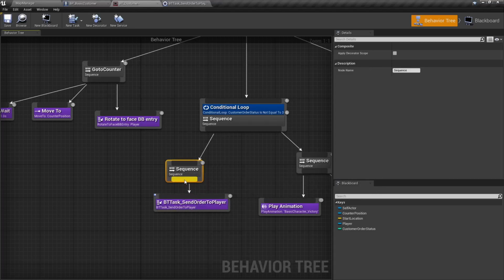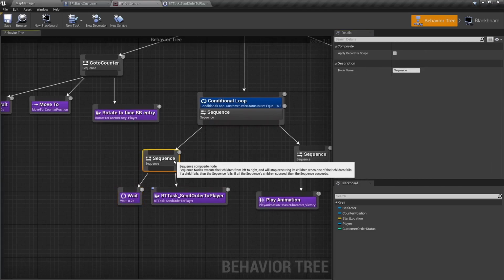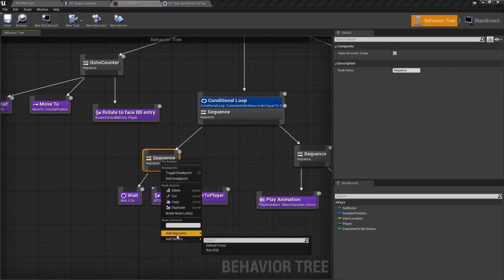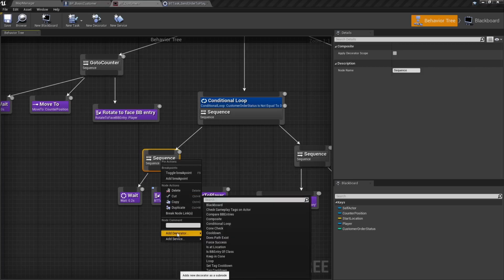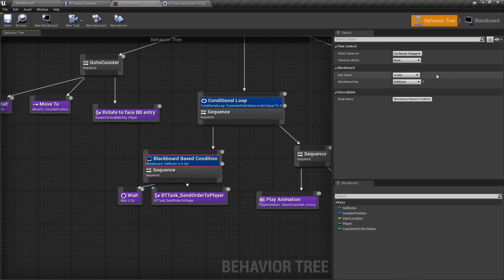Then let's place here a small weight, just tiny, just to make sure that this doesn't jump right straight and it moves. This is just security, it's not important. And here we only want to do this if this is in the blackboard. There is a condition here, and we want to check if